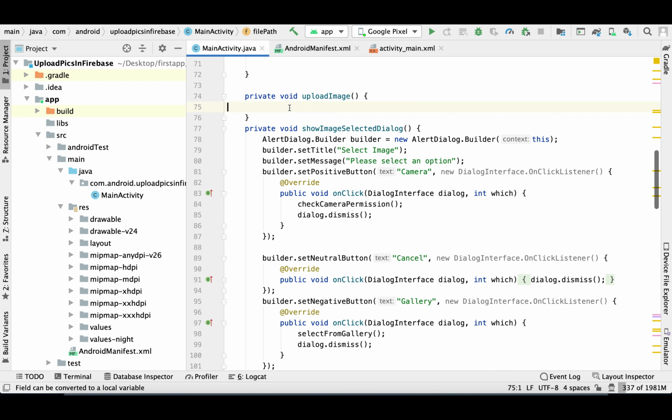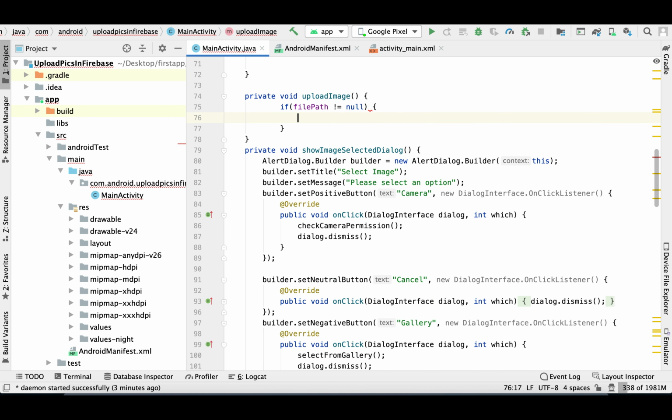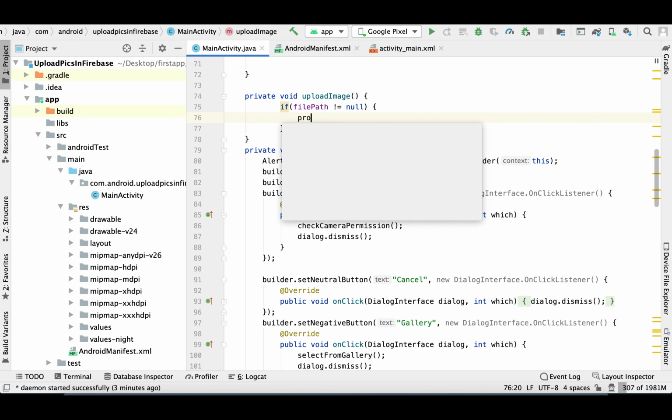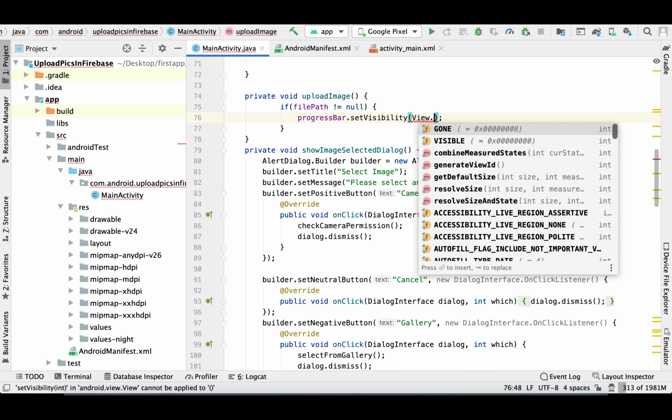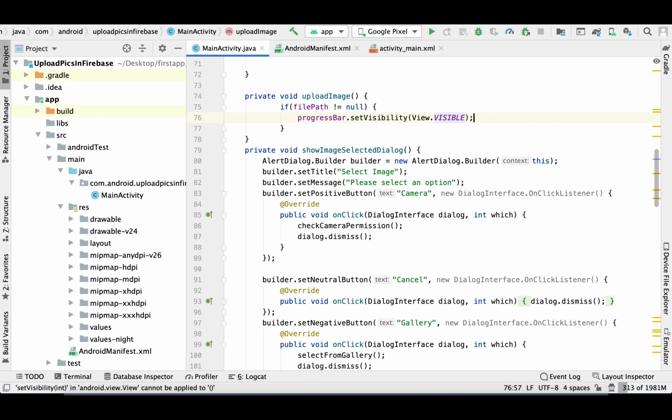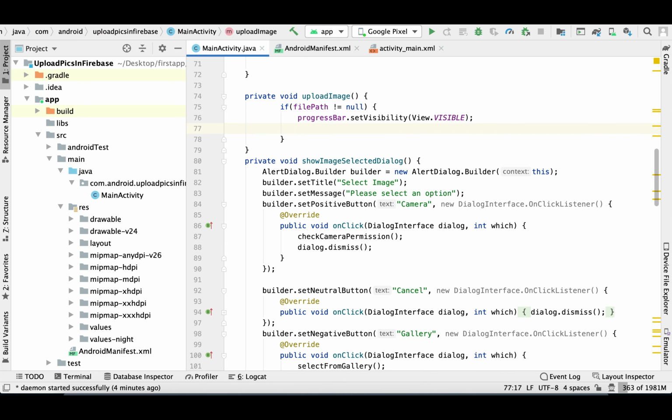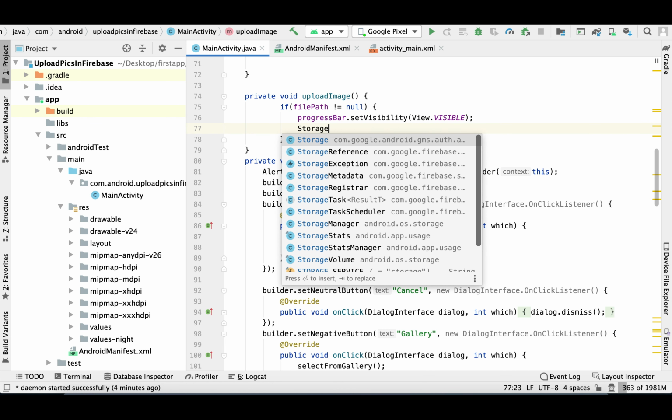So first of all, we need to check the file path should not be null before we hit it. And also at this point of time, we need to make visible our progress bar so that the user can see, till the time image is uploading, the indicator on the UI.